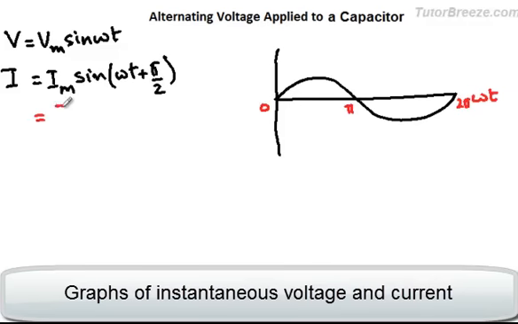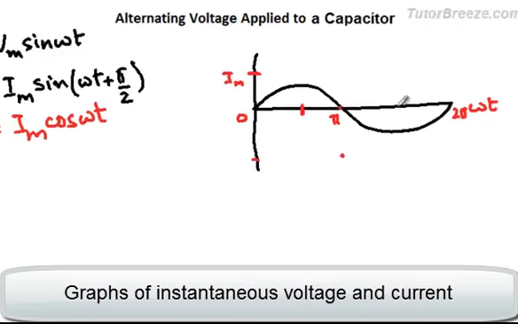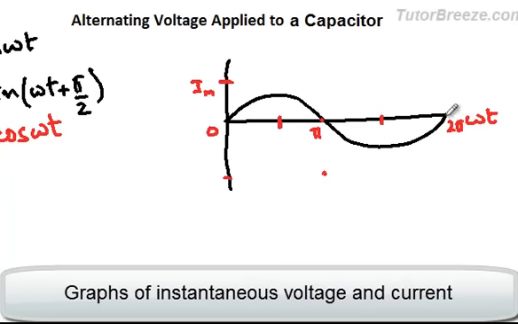Now we'll just write the current as a cos curve because that makes it easier for us to plot it. Now you know that cos 0 is 1, so the current will have its maximum value, which is Im. Cos pi by 2 is 0. Cos pi is negative 1, so the current will be minus Im at this instant. Cos 3 pi by 2 is again 0, and cos 2 pi would again be 1. Now joining these points shows us the variation of the current in case of the capacitor.